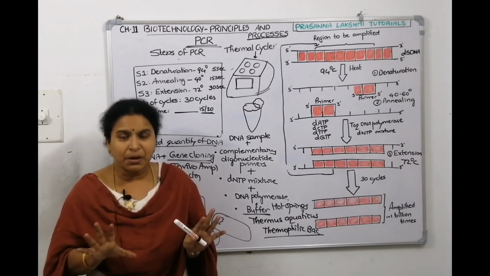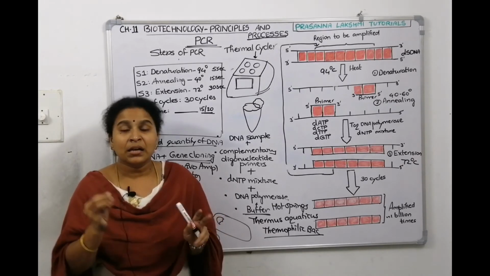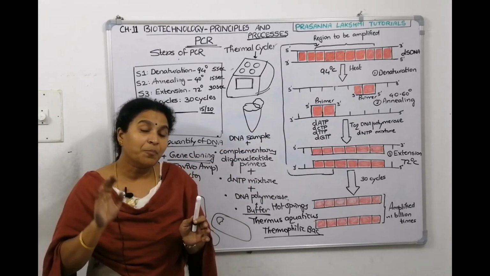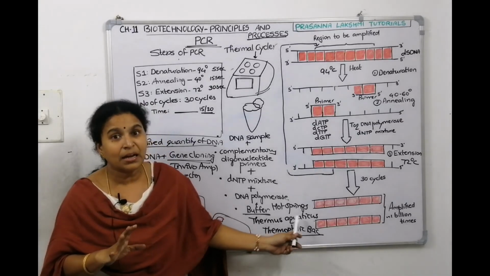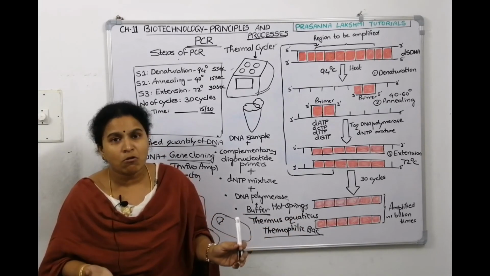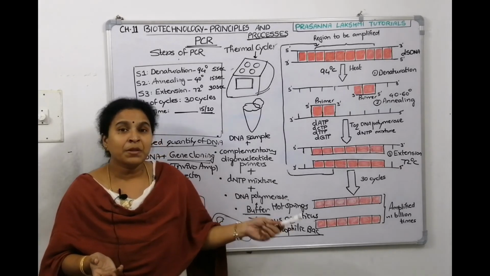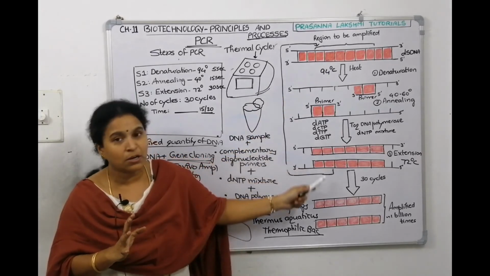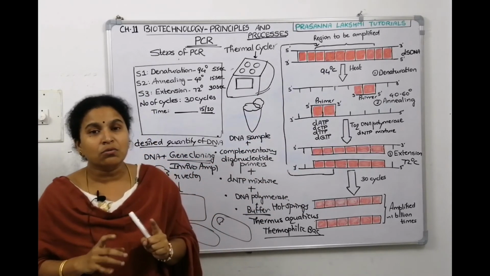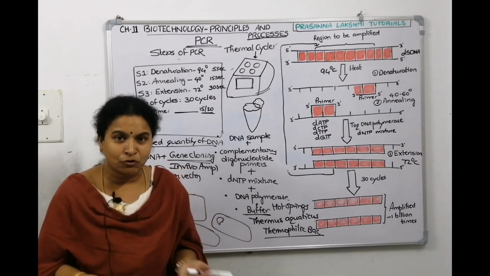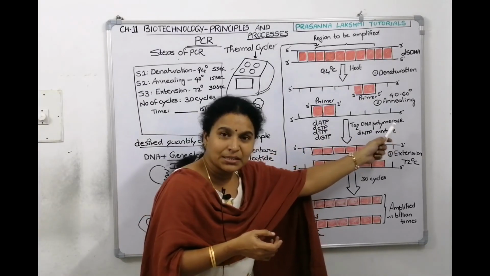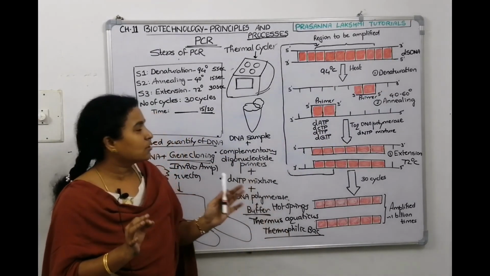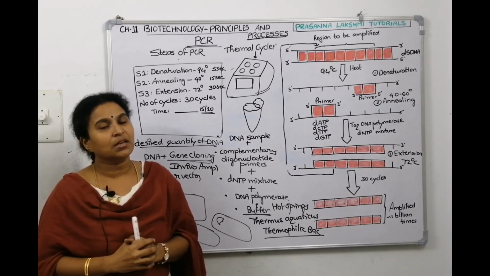Now, if we take a normal DNA polymerase from any other bacteria, that DNA polymerase will denature when you expose it to 94 degrees temperature. But if you take a polymerase from a thermophilic bacteria like Thermus aquaticus or Thermococcus, which is surviving in hot springs, which can survive up to 99 degrees temperature, then it will not be affected. The temperature fluctuations will not affect it. So, we cannot use a normal DNA polymerase enzyme. We have to use Taq DNA polymerase enzyme only, which is thermostable, which is extracted from Thermus aquaticus. Children, all this is about the gene amplification technique, PCR.